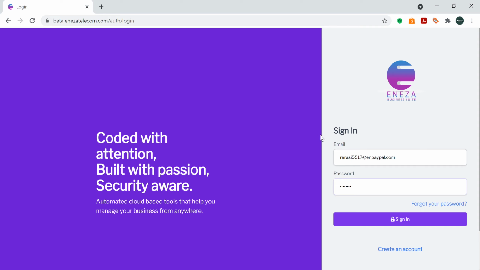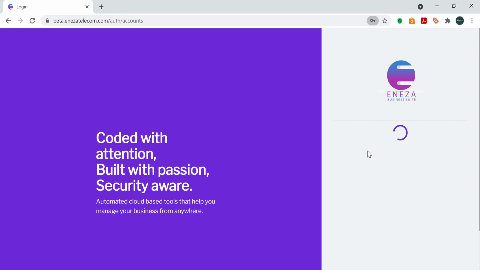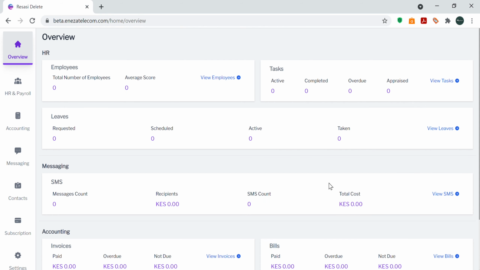Go to the sign in form, enter your email address and enter your password. Then you go ahead and click sign in. Once you sign in, it will take you to an overview page or the home page of the Eneza business